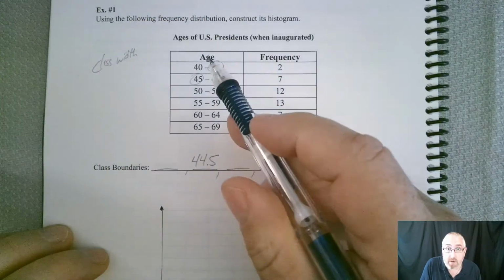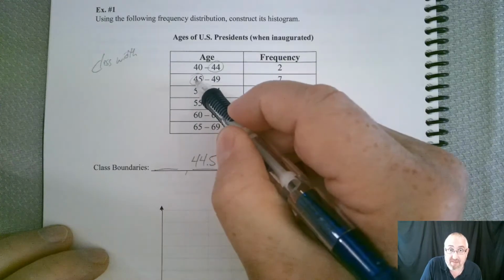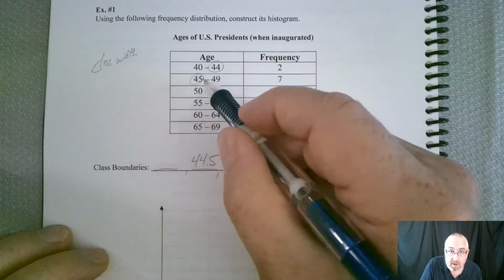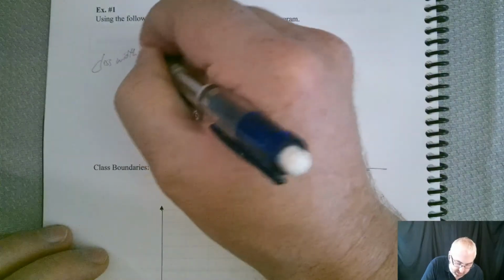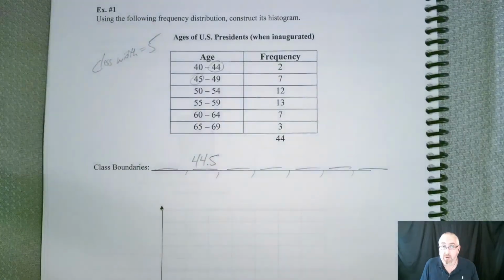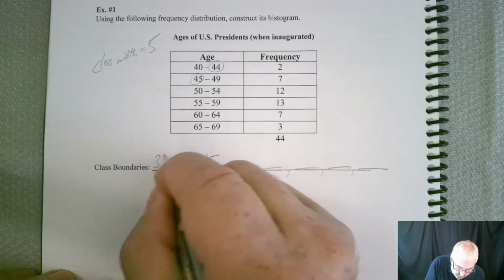Remember, you have to go vertically to determine class width. So from 40 to 45 is 5 units apart. 5 units, 5 units, 5 units, 5 units. So 5 is the magic number. So we can use that to generate all the rest. So if we subtract 5,